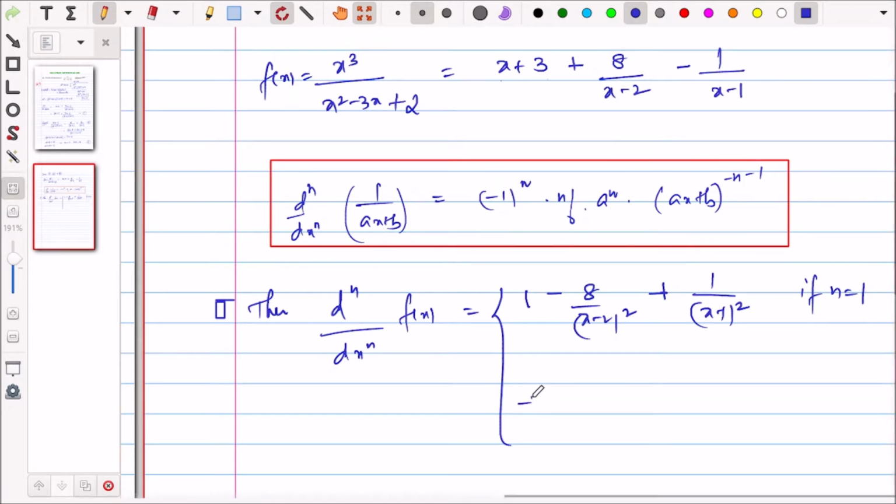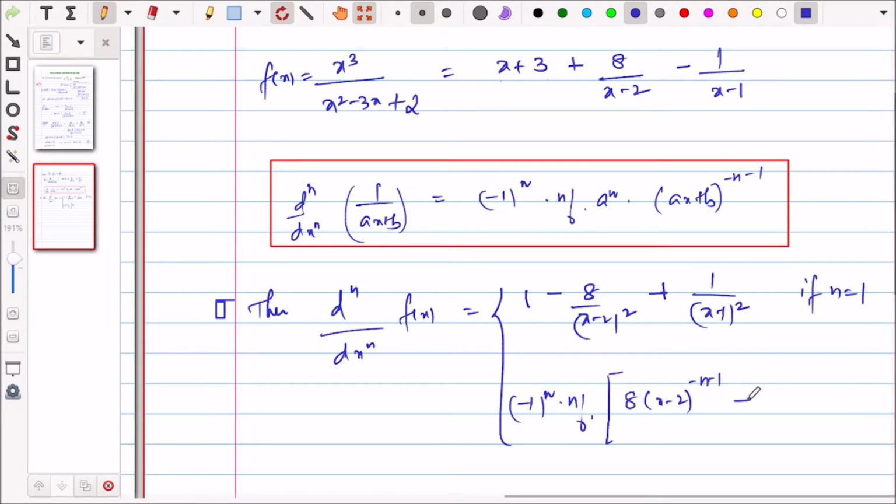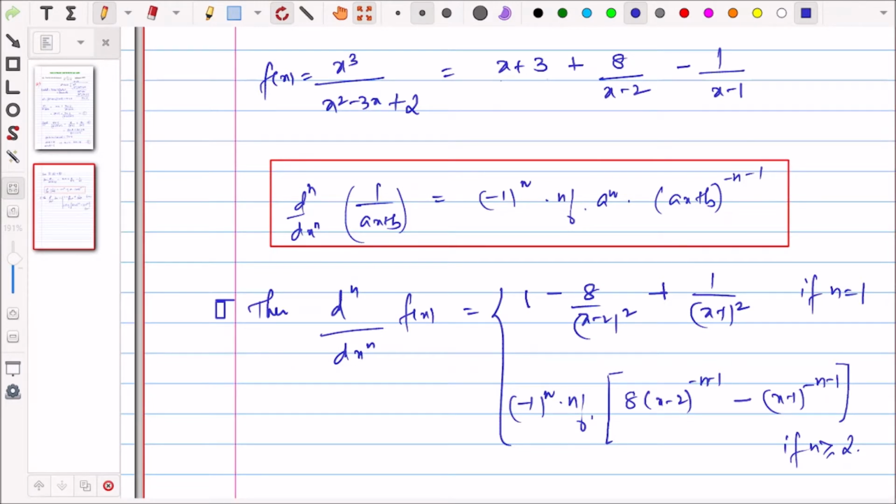So this will be minus 1 to the power n, दोनों में से n फैक्टोरियल कॉमन निकल जाएगा, राइट? एंड दोनों का ये a1 है, सो ये जरूरत नहीं होगी यहाँ पे. सो सेम, एंड यू विल बी लेफ्ट विद x minus 8 x minus 2 minus n minus 1 minus x minus 1 minus n minus 1, right? If n is greater than equal to 2. Is it fine? Yes, is it fine? Yes, sir. ठीक है,